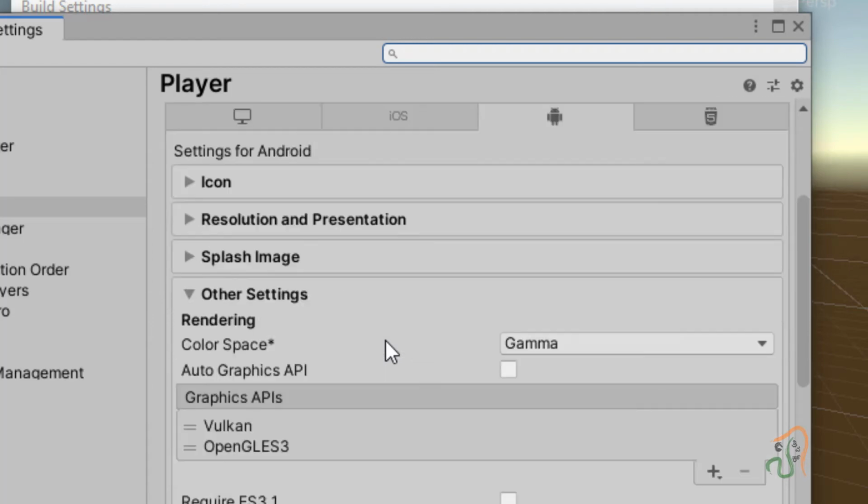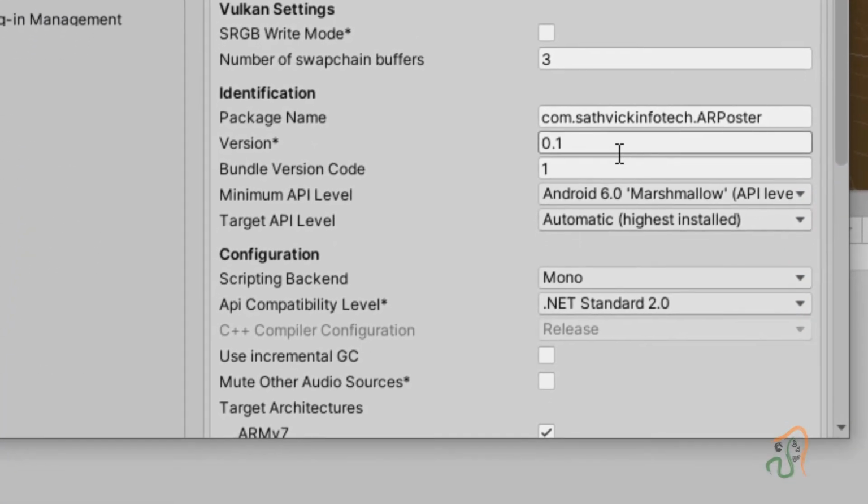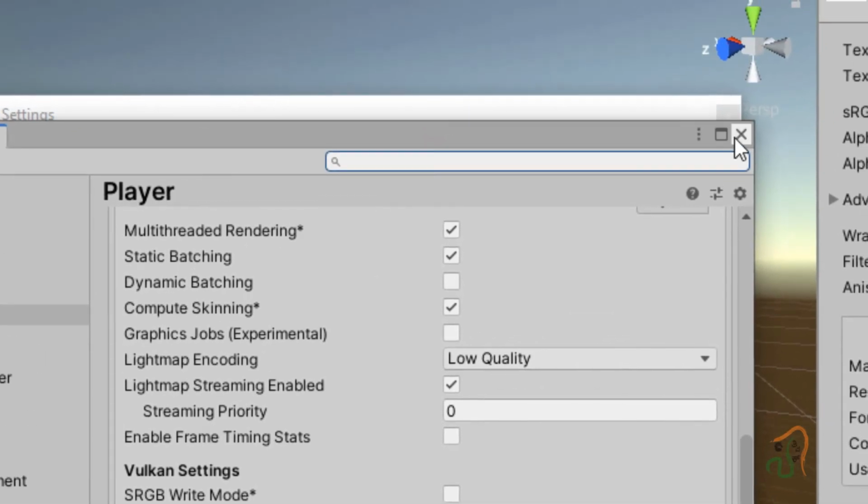If you scroll down, you can leave all other settings as they are. The only thing is the package name: it will always be com dot company name dot your product name. It should be in the same format. The minimum API required is Marshmallow.